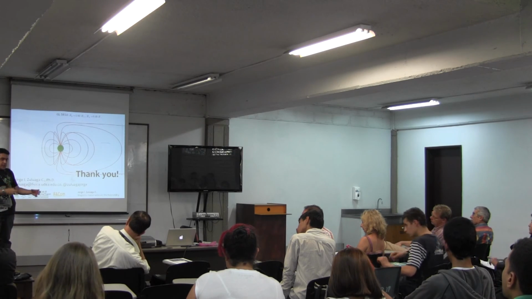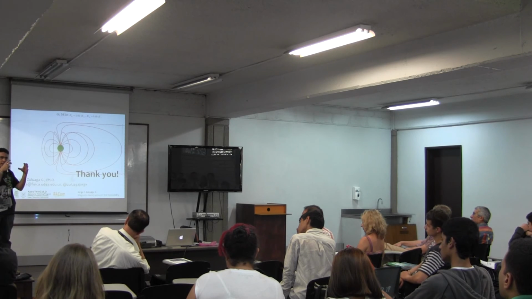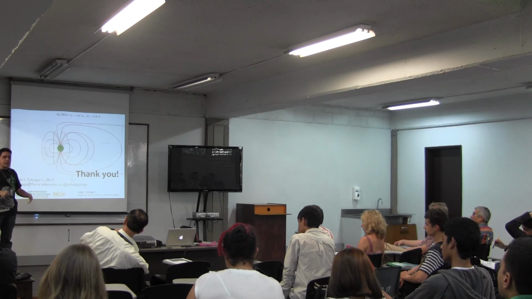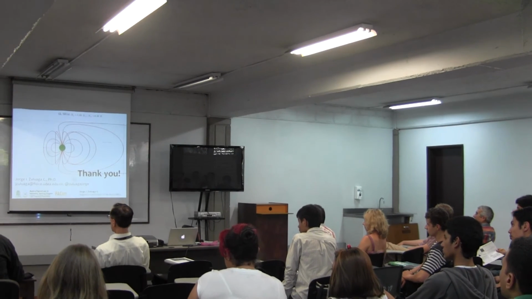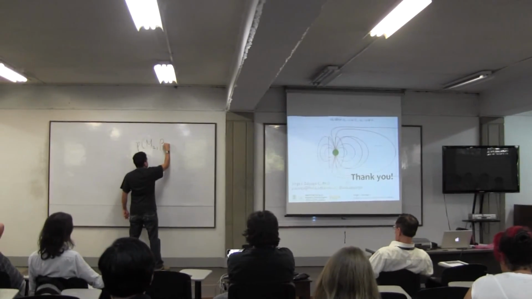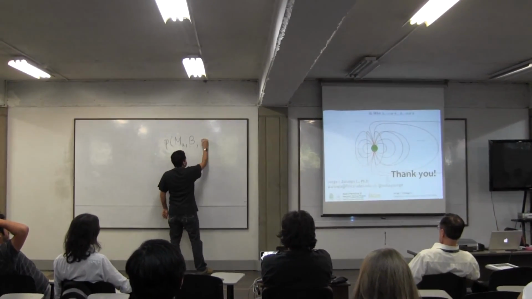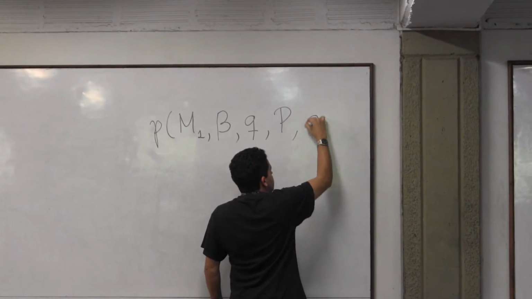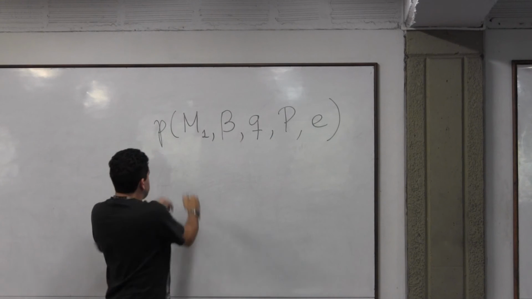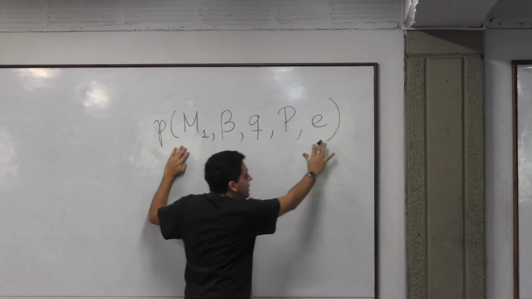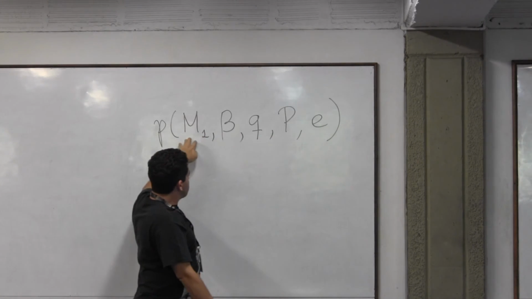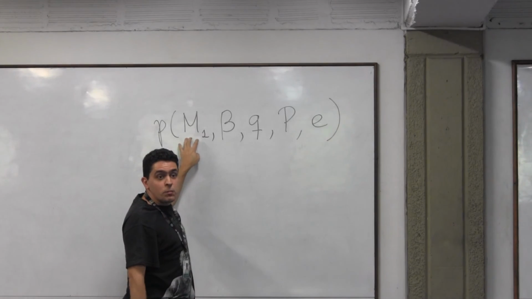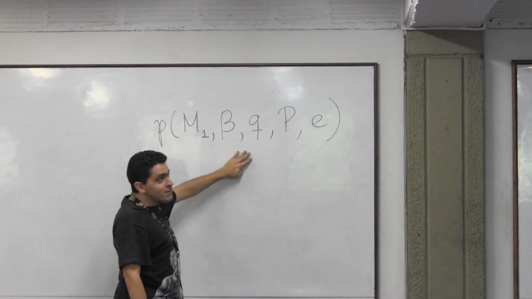What we are doing is taking the statistical properties that have been observed in the stars in the galactic disk and trying to create a huge probability density function depending on the mass of the main star, the binarity fraction, Q, the period of the star, and E. This is a very complex 5-dimensional function, and you would need to generate all these properties using some kind of rejection in 5 dimensions, probably a Metropolis method. But we have